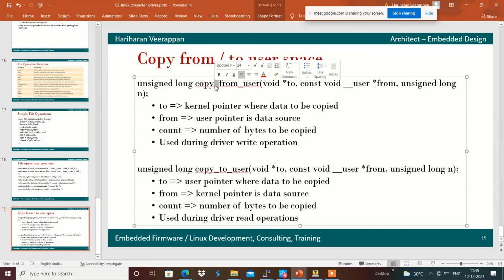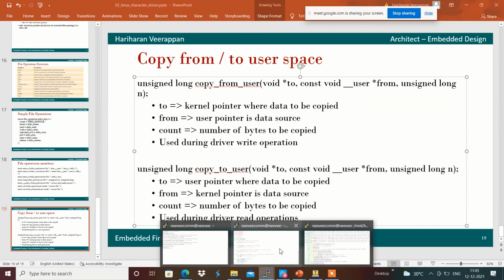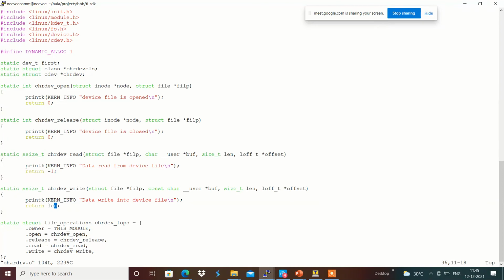Whenever there is a read request from the user space application, we will provide the data to the user space with the help of the copy_to_user function. We will see how we can do that with copy_to_user and copy_from_user.